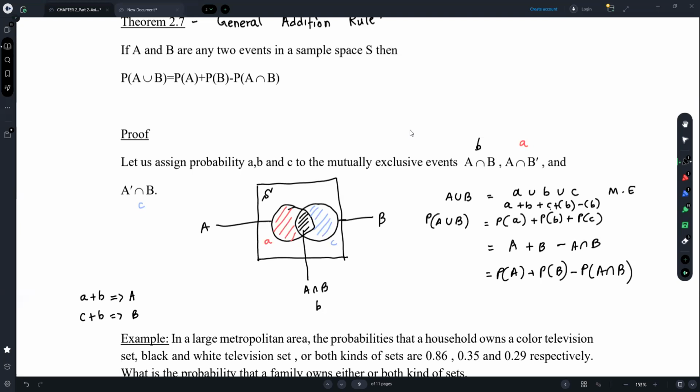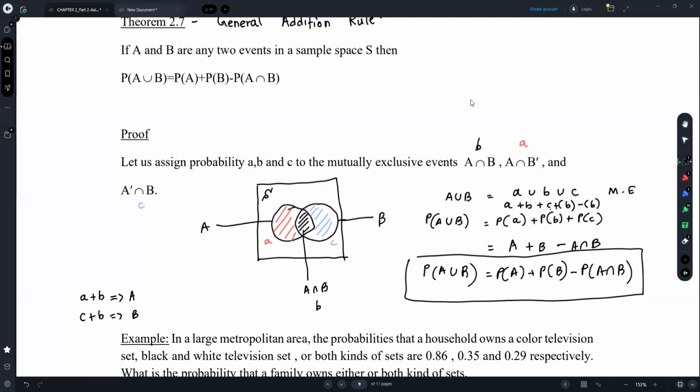When you get the circle A, you have A intersection B. When you get circle B, again you have the intersection area A intersection B. So when you add P(A) and P(B), you add this intersection twice. So in order to get rid of that extra A intersection B, you subtract it. So you can argue it in that way also. Either way, you can prove that the probability of A union B is the probability of A plus probability of B minus probability of A intersection B. Okay,